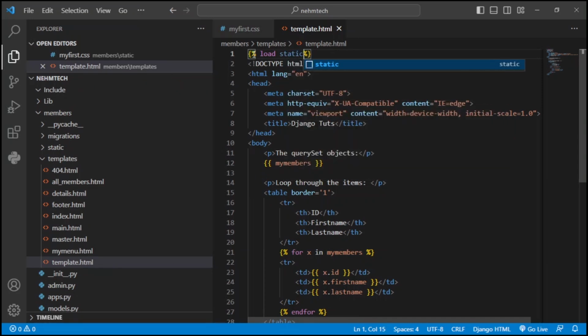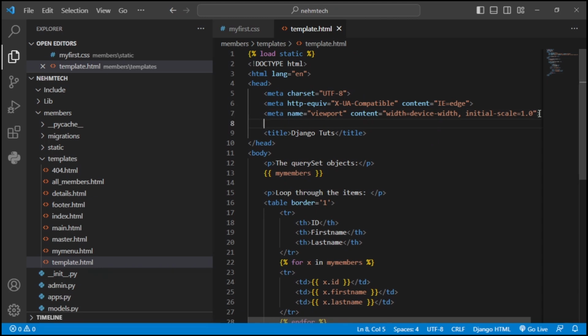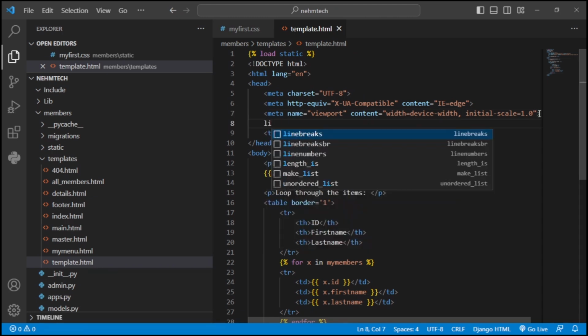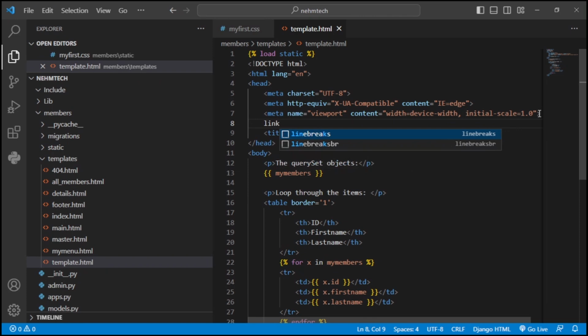We are going to load the static folder, and then what you do, guys, here we can also add the external style sheet. So here are the header. Let's add the external style sheet by typing link. Let me just type in, guys. First of all, open the angle brackets. Then I type in a link, and then